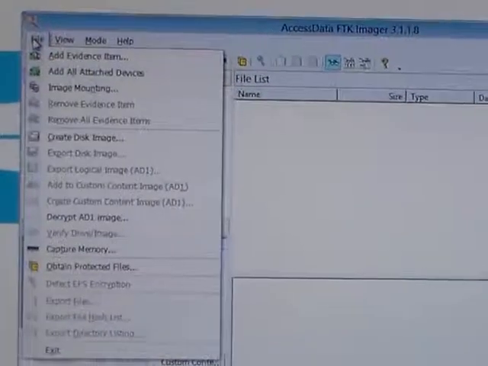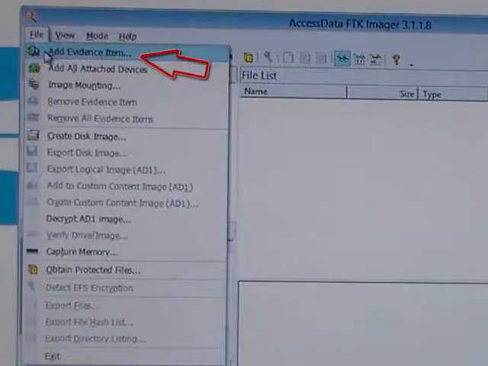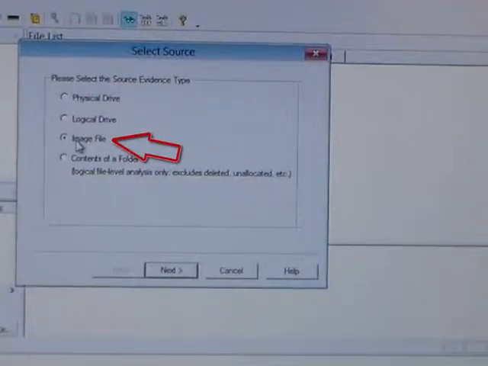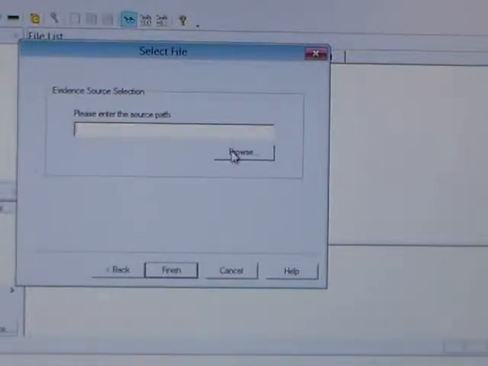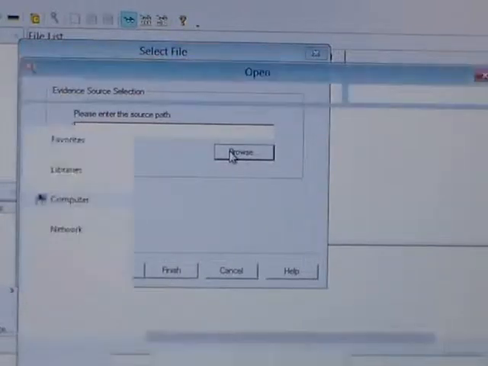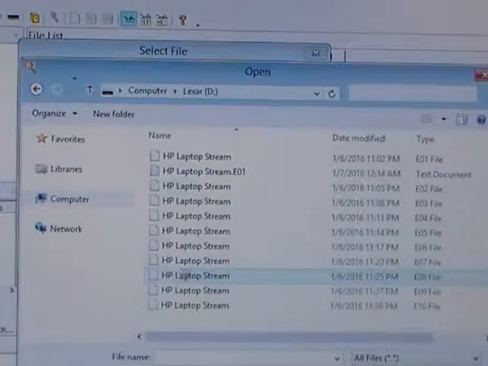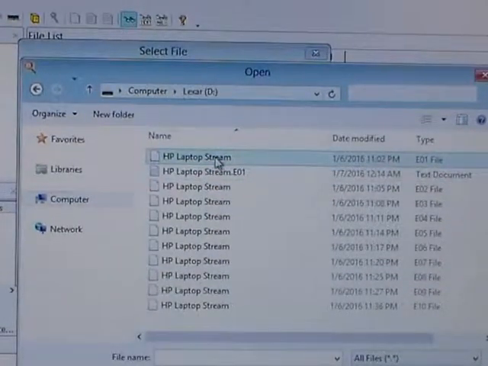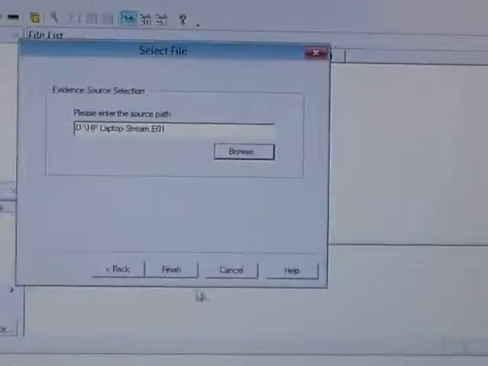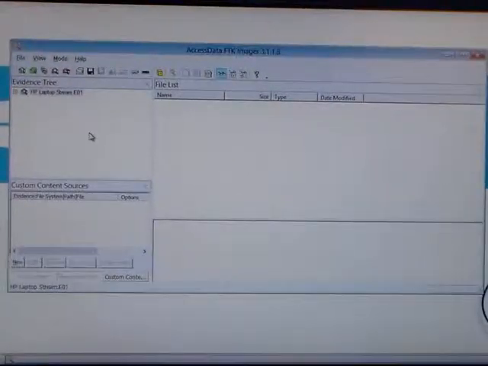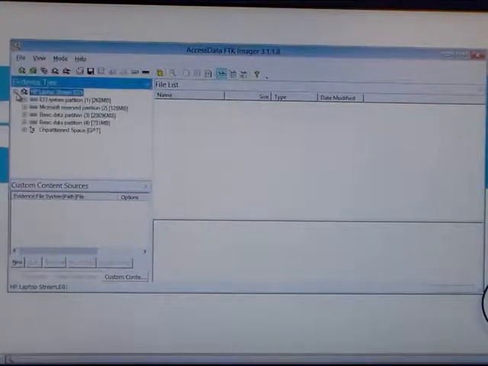Now I want to verify that I've got the data collected in the ISO, or excuse me, the EO1 that I just created. So what I'm going to do is I'm going to add evidence, and since I created an image file, I'm going to select Image File. And now I'm going to go to Browse, and then I'm going to select from the D drive the evidence container, the .eo1, and I'm going to choose the .eo1 file, the very first one, not EO2, 3, 4, but the EO1. Don't get the text document because that gets confusing too. Once that's selected, I'm going to select Finish, and notice that in the upper left hand corner I will have